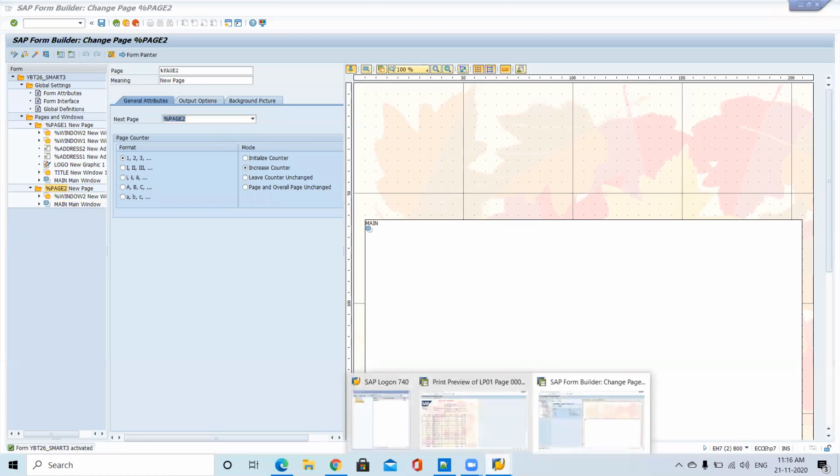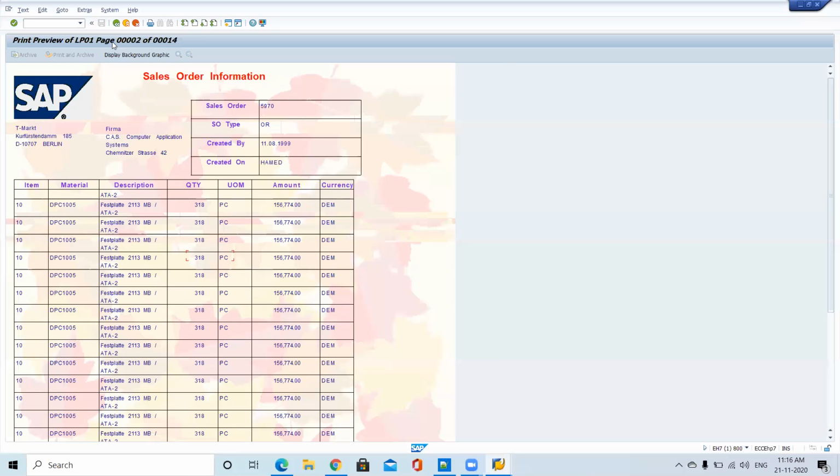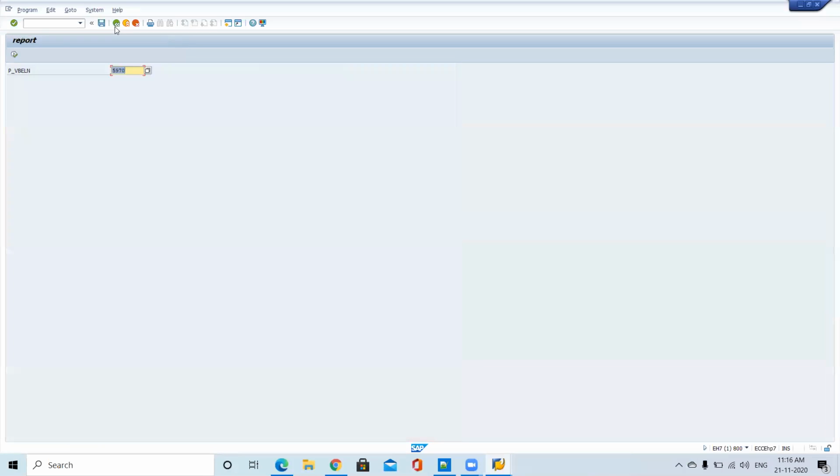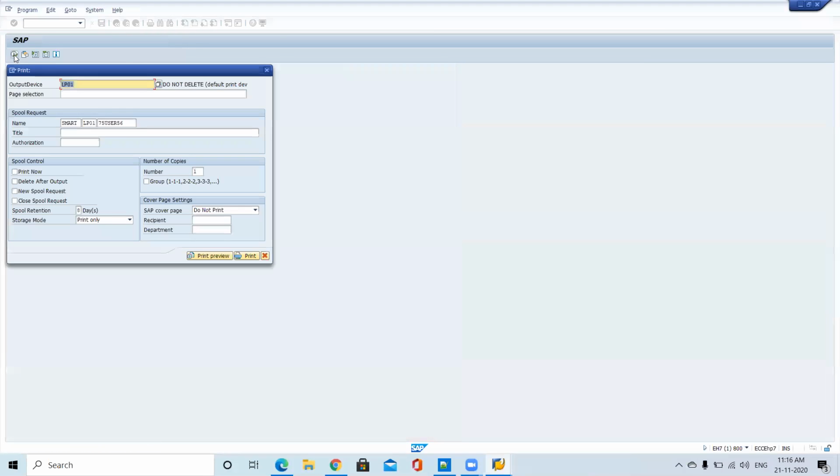Now go to our program. In page 2, previously we were seeing the logo and other details. Now I removed all those things. So once again execute. Okay. This is our first page format. For the second page, I'm clicking page down. Now we don't have those logos. We don't have that information. Why? Because I don't want to see the same information in the second page.